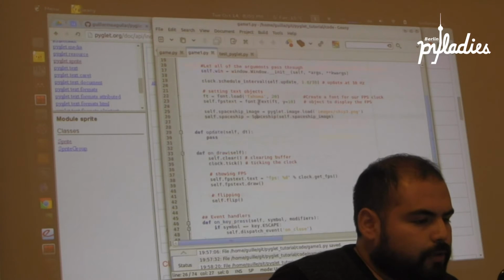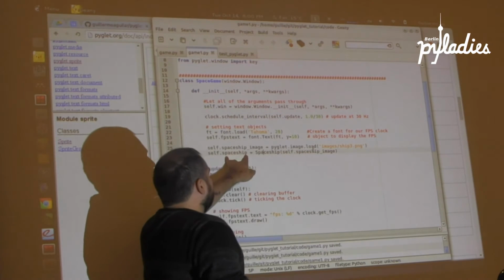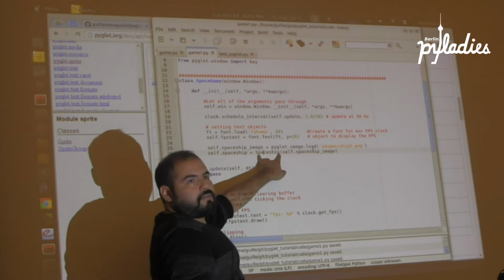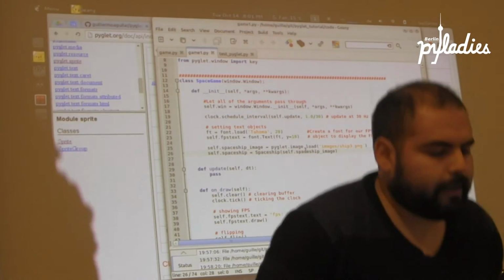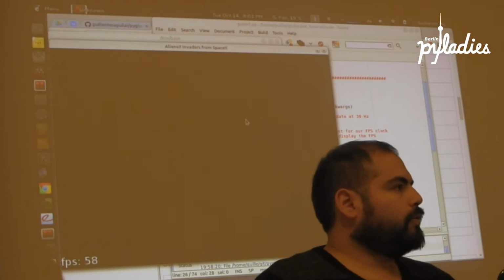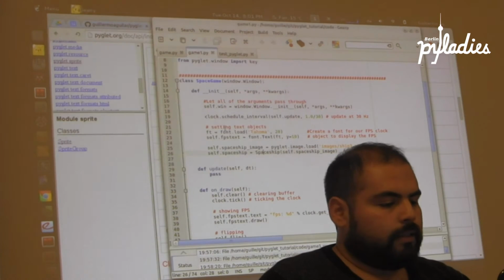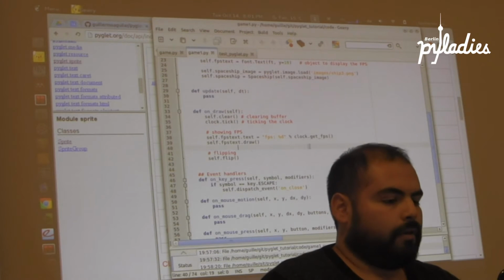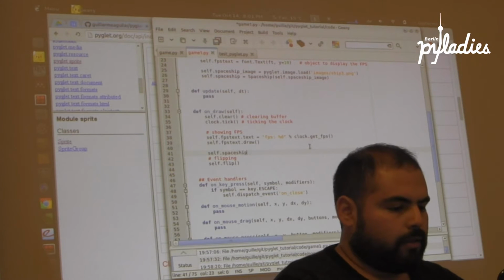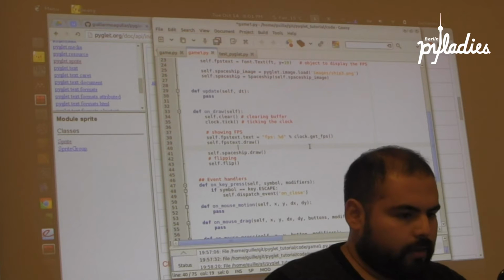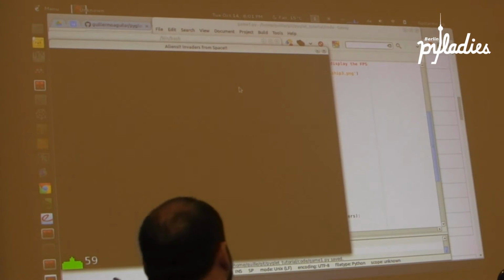So if you go up now in the initialization, the spaceship variable will be an instance of the spaceship class. If you run it like this, nothing will happen. It will load the file, it will be saved in spaceship, but it will not be drawn. So what you need is to add it in the onDraw method. Here you say self.spaceship, which is my object, draw. And this will be drawn at the 0, 0